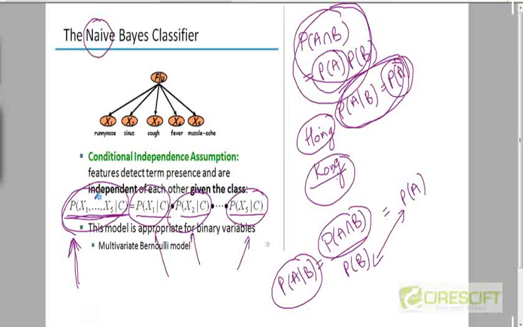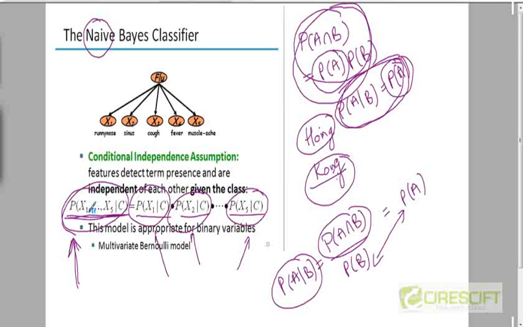So in order to compute this, what do you need to do? You have to compute, among the total number of documents that are labeled with this particular class, how many of those documents have all five of these words appearing? If you're able to compute that, then that gives you the probability of these five given C. But